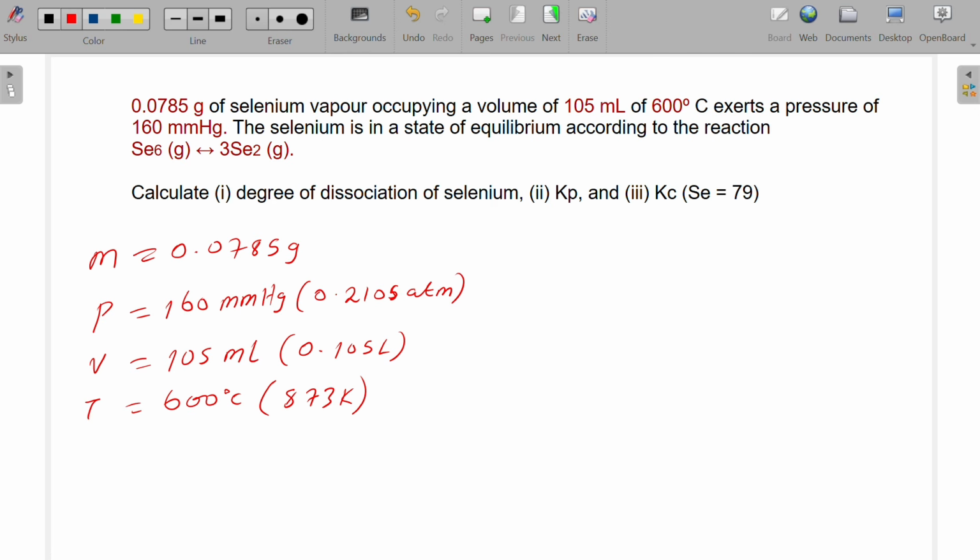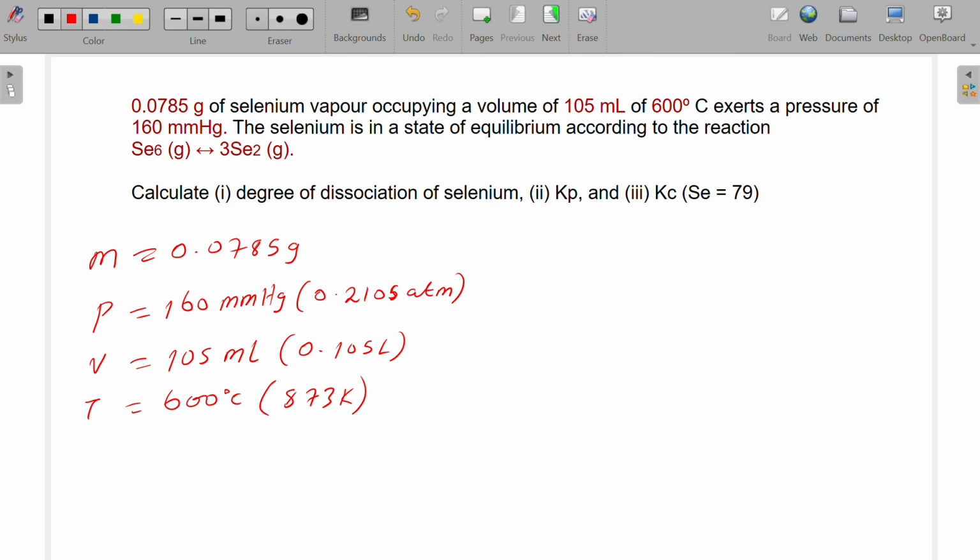Hello viewers. So we have this question that says 0.0785 grams of selenium vapor occupying a volume of 105 mL at 600 degrees Celsius exerts a pressure of 160 millimeters of mercury. The selenium is in a state of equilibrium according to the reaction Se6 giving us 3 Se2. Calculate the degree of dissociation of selenium, the Kp and the Kc, given that the molar mass for selenium is